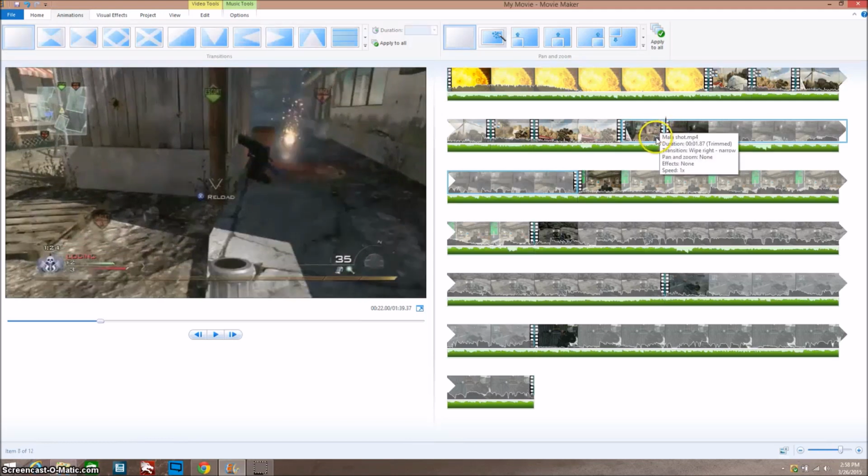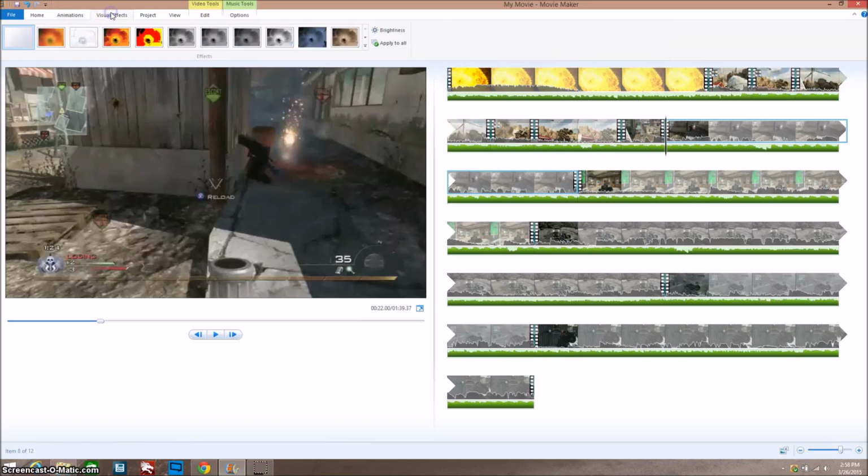Even though the gunshot starts way ahead of time because there's a little bit of lag before it hits, I'm going to go where the shot actually shoots. Because when you watch it in real time, nobody's going to be able to tell the difference, unless you actually slow it down and look. Oh, it's a little bit off, but that doesn't matter. Alright, so